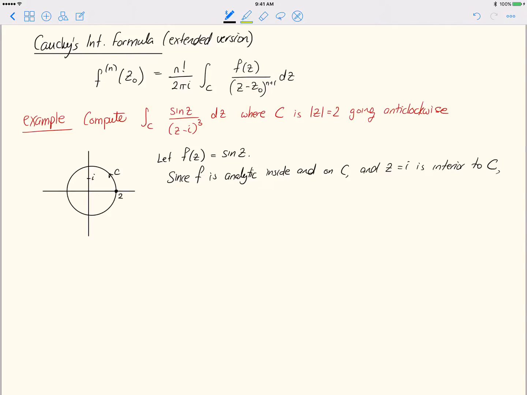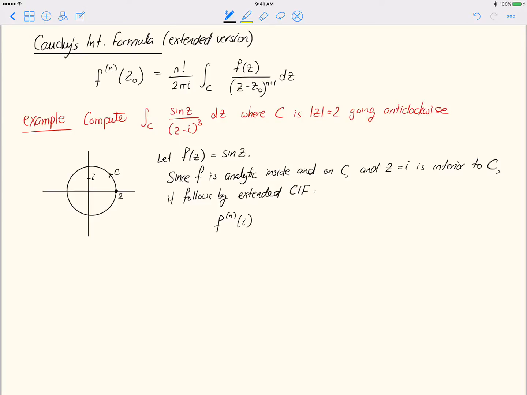It follows by, I guess I'll call it extended CIF. Like I said, I'm not really sure what its actual name is. But anyway, it follows from that formula I have there that